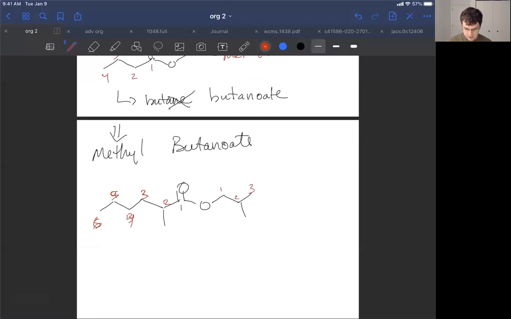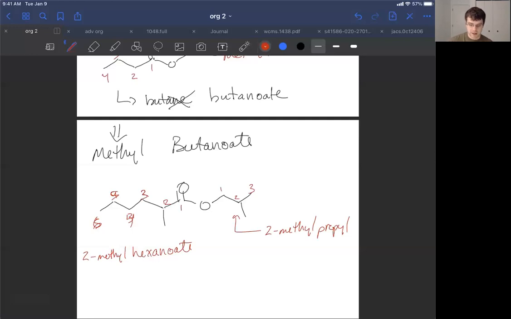So we have a hexanoate, and it has a 2-methyl group. Do you see that CH3 sitting off there? So 2-methyl hexanoate. Now I don't have a space in here because this is the entire carboxy side of the molecule. Over here, though, I've got a 2-methyl propyl. I'm going to keep that as a propyl group, not a propane or a propanoate,